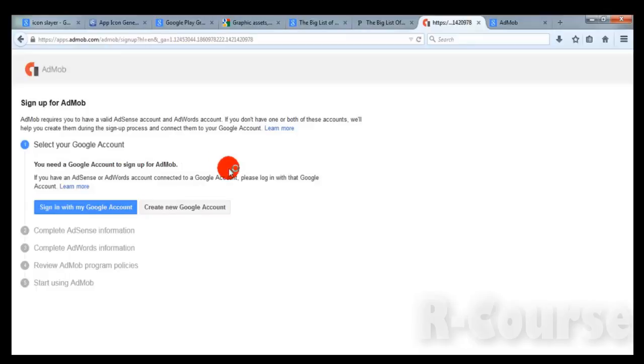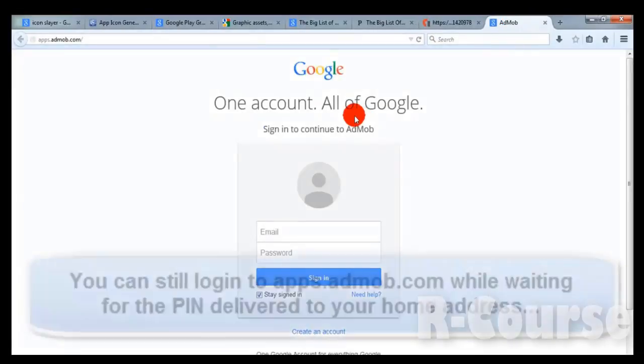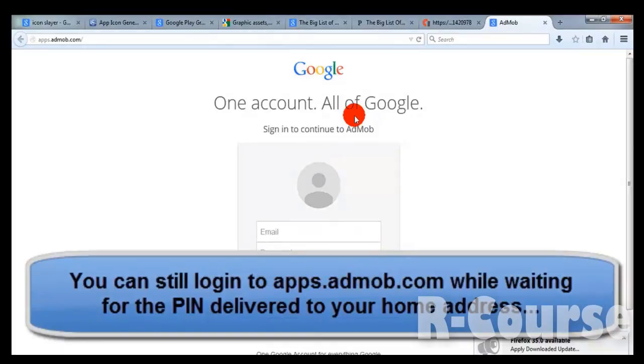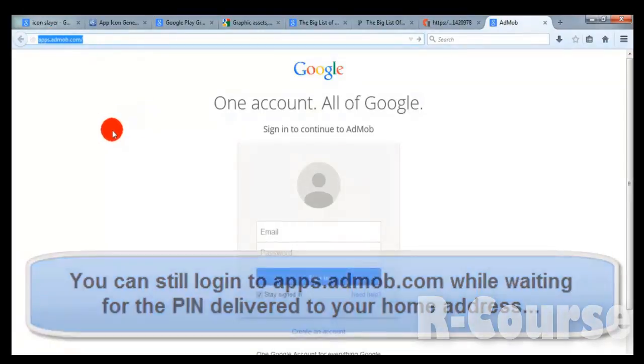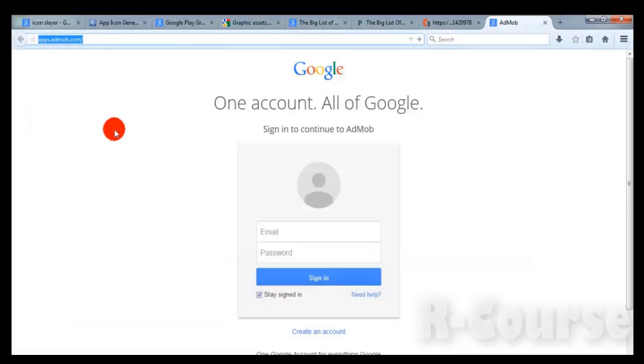So you need to just input or insert the PIN to your AdMob account. So after that, say you need to log in to your AdMob account. So it is apps.admob.com. Then you need to monetize new app. So you just click the monetize new app button inside this site, and then